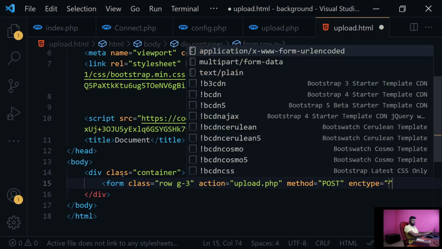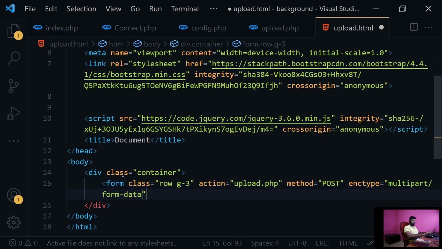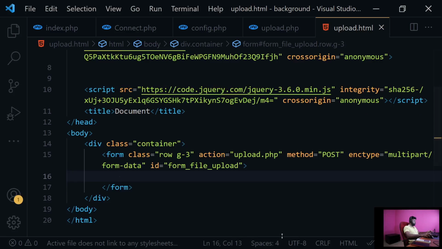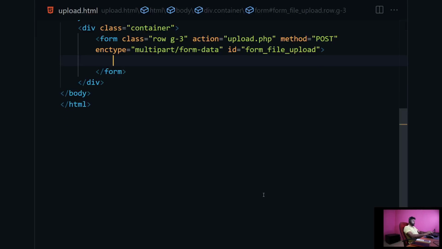enctype multipart/form-data. Okay, and let's add the ID as well. Let's say ID as form_file_upload. Okay, this is our form. Let's add inside of this form